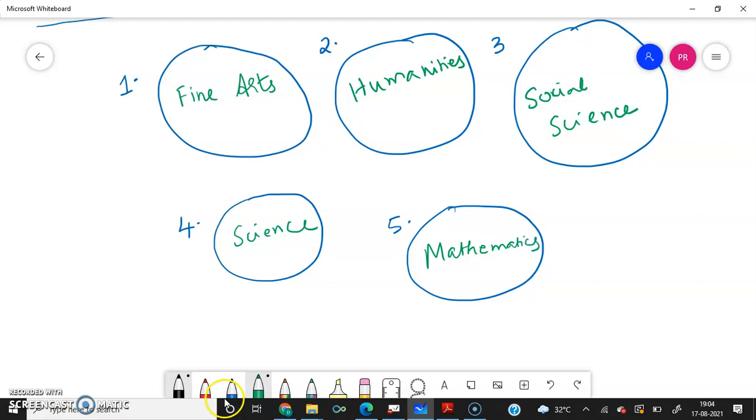Mathematics is a discipline which encompasses, one is computer science, another is statistics, applied mathematics, pure mathematics. You can